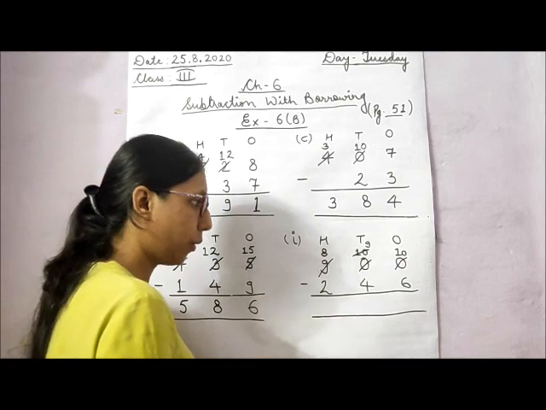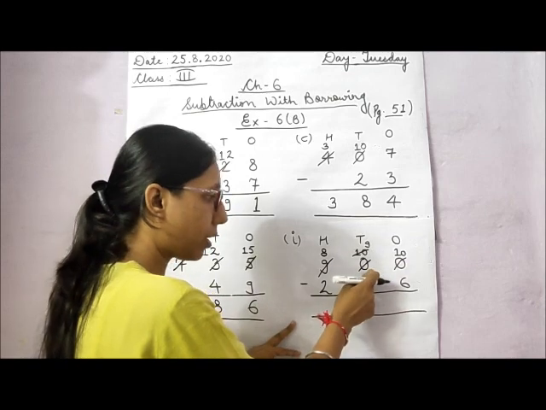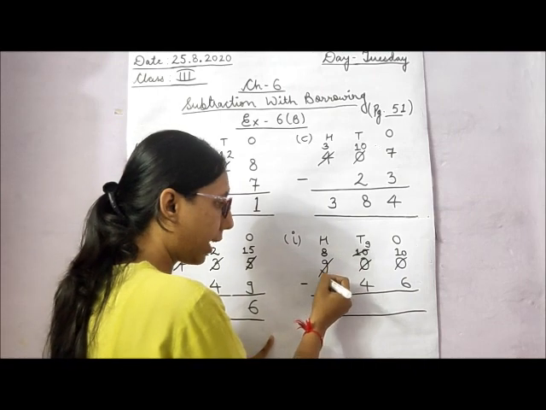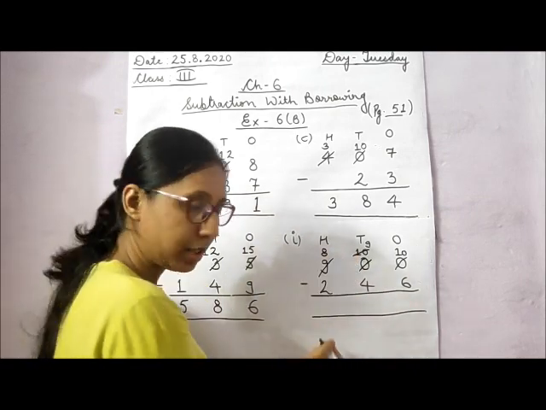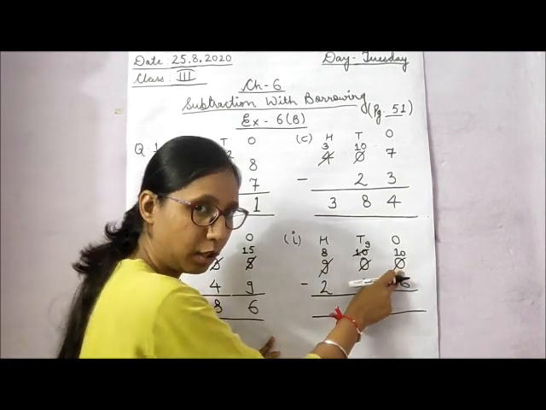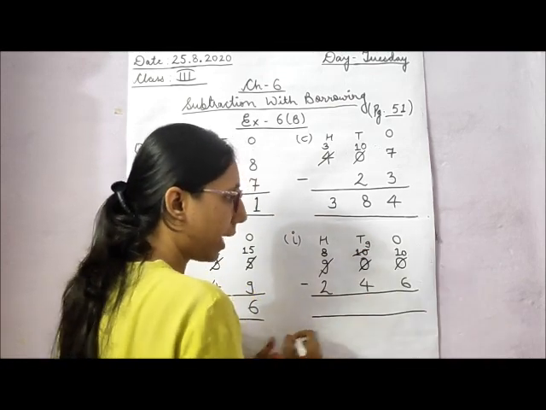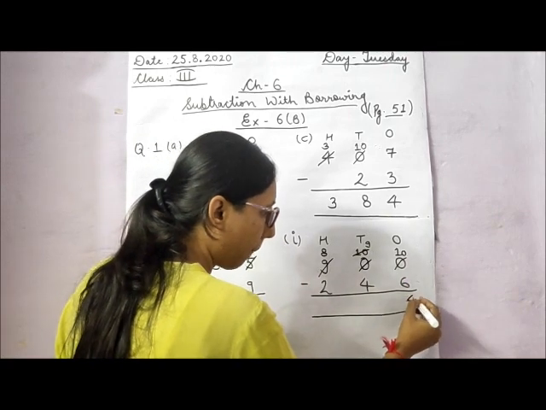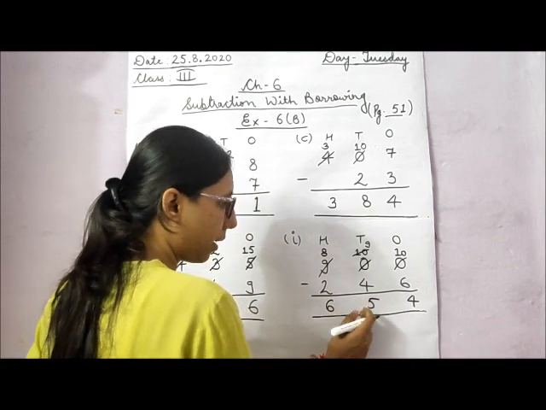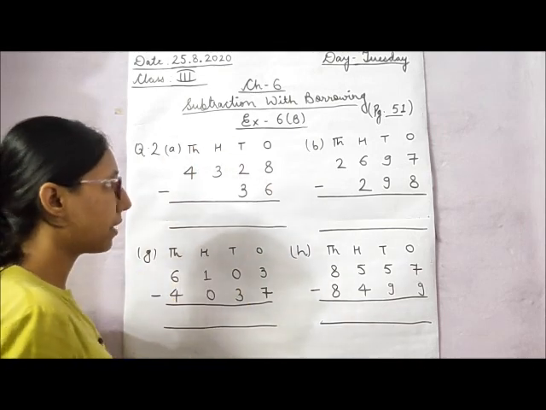Okay? Let's do it once again. यहाँ 0 minus 6 था, that is not possible. 0 minus 4 है, ये भी possible नहीं है क्योंकि हम इसको borrow दे ही नहीं सकते, यहाँ पे 0 है. So हम कहाँ से borrow लेंगे? इस hundreds की place से लेंगे. ये hundreds की place हो गया 8, then this 0 will become 10. और अब इस 10 से borrow आप किसको दोगे? इस 0 को. So यहाँ 10 को हम कट करेंगे, this will be 9 and this 0 will be 10. Now 10 minus 6 is 4, 9 minus 4 is 5 and 8 minus 2 is 6. 654 is the answer.